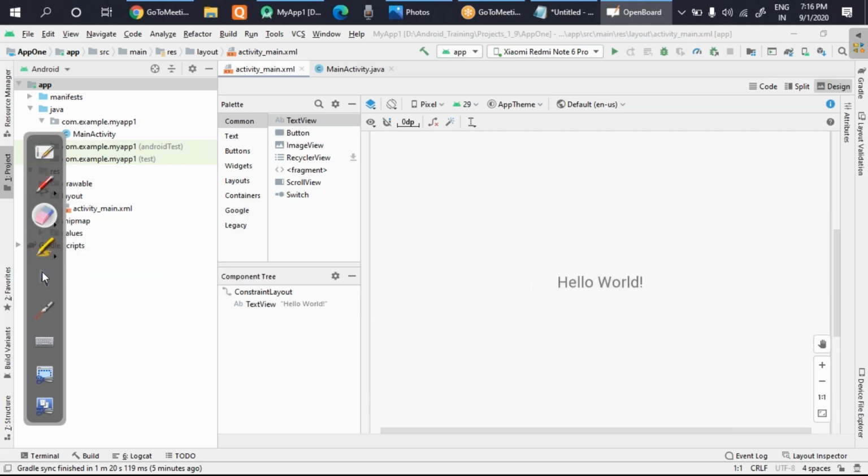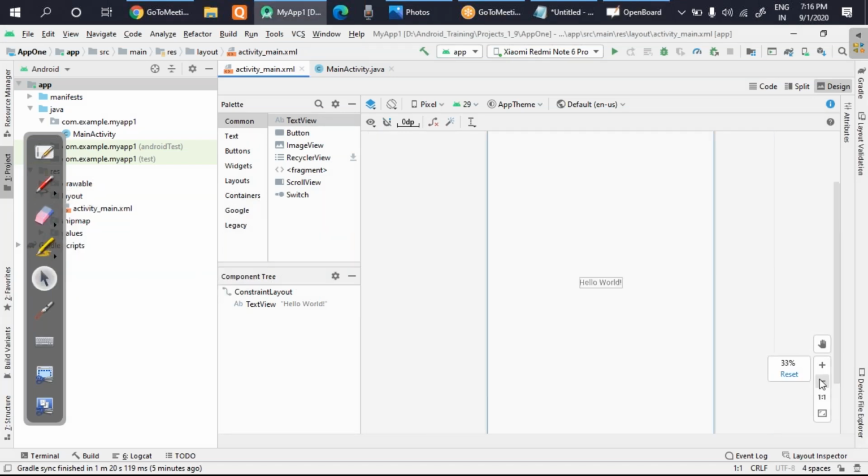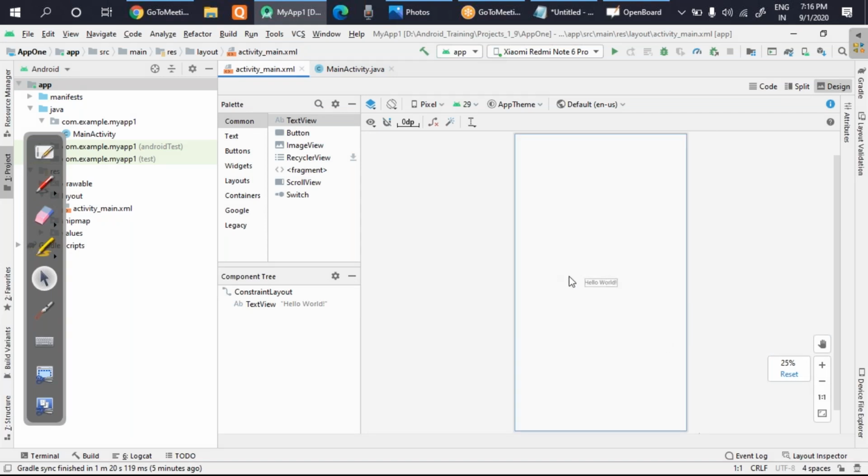If you look carefully in this part, this is your front end. In the front end, there are actually two sections. The front end design is there, and if you can see here, two options are written: one is code and one is design. So what is the code section? The code section is the front end coding part. And the design is the designing section. If I click, then you will understand.